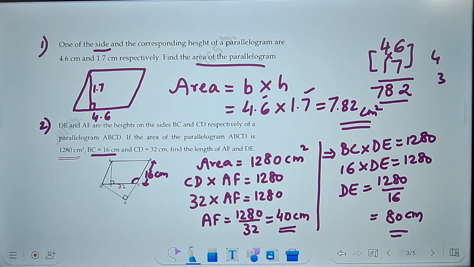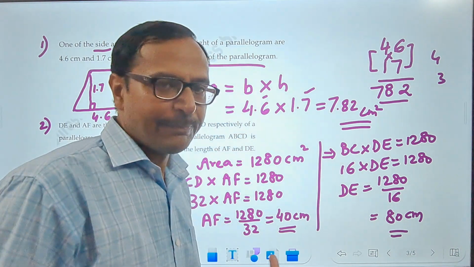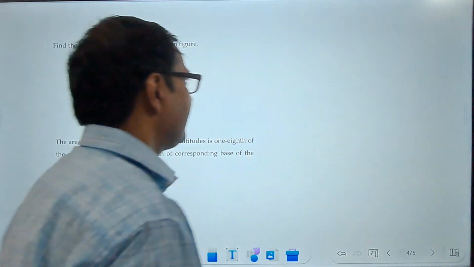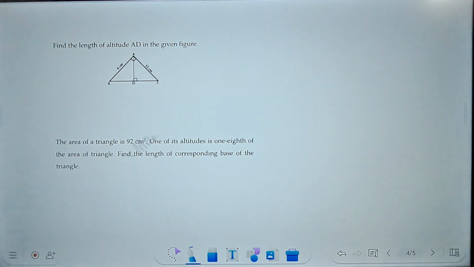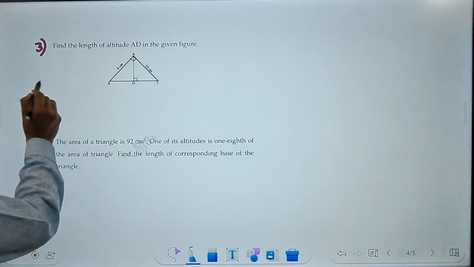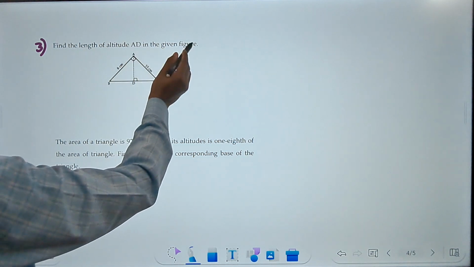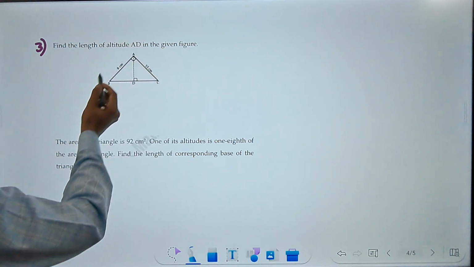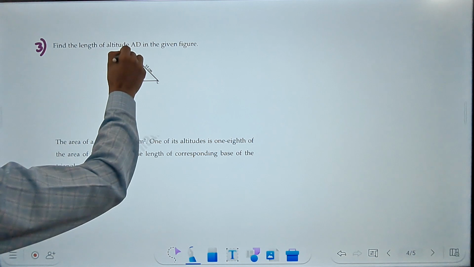So that's how you crack the questions on areas of parallelograms. Likewise, we have some questions based on area of triangle. This is question number 3. Find the length of altitude AD in the given figure. So you can see this is 8 centimeter, this is 15 centimeter, and you have to find the length of